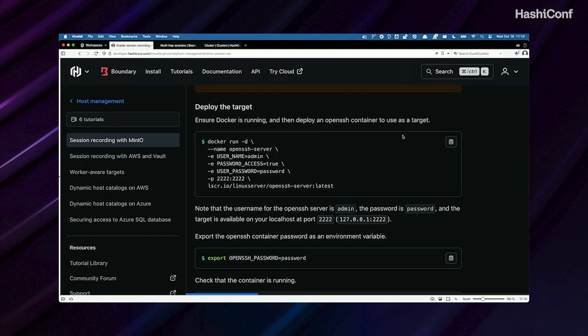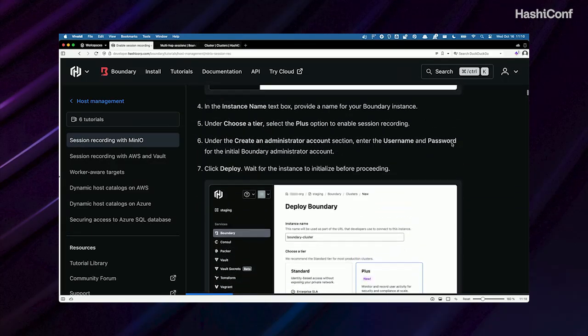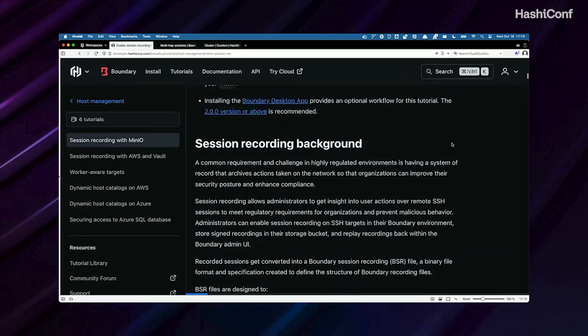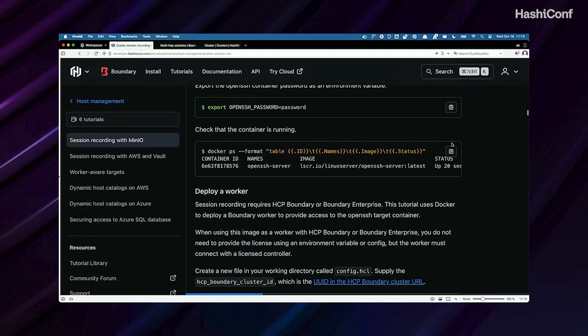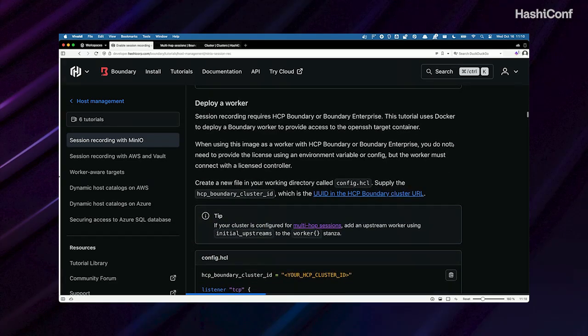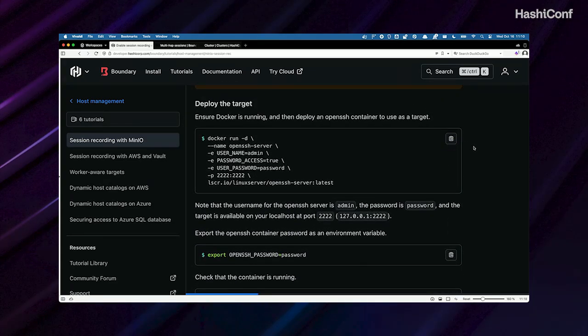So to get started, you're going to copy this command. On all these pages, you can see this copy button next to the commands that I need you to run. So if you click that, you should be able to easily paste it into your terminal session. Now, before we get started, I think it's probably great to create a working directory that you're going to deploy most of this in. But the containers don't need to be deployed in that same directory. So to show you a little bit about how I'm going to do this,